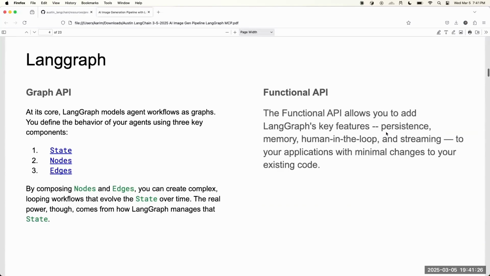We will LangGraph. Who here knows LangGraph? That's good. So LangGraph is the